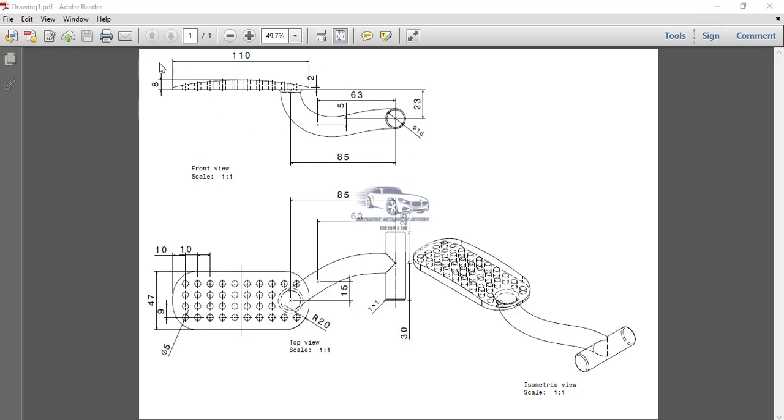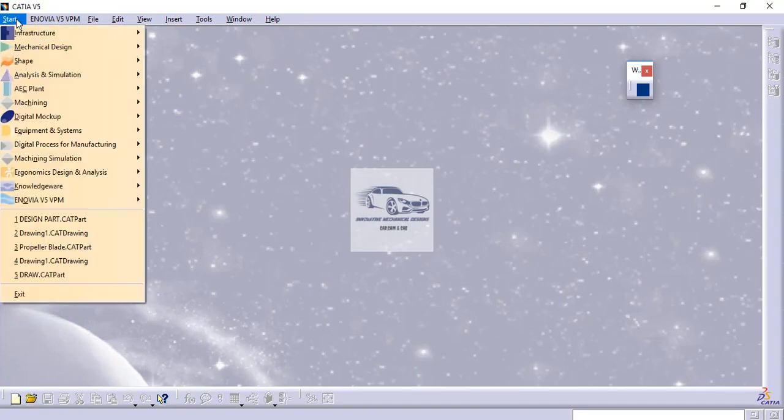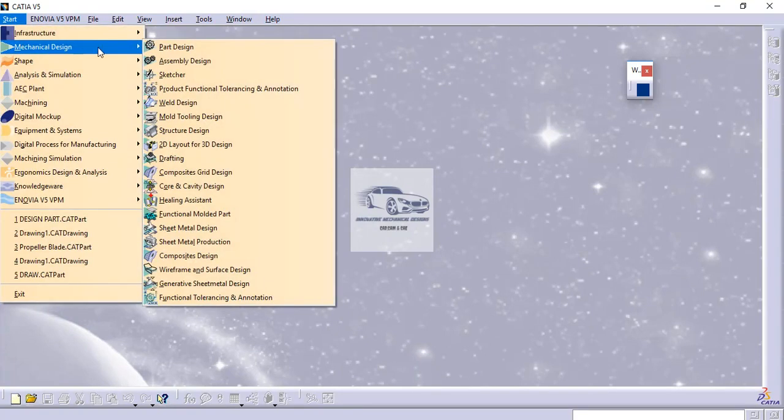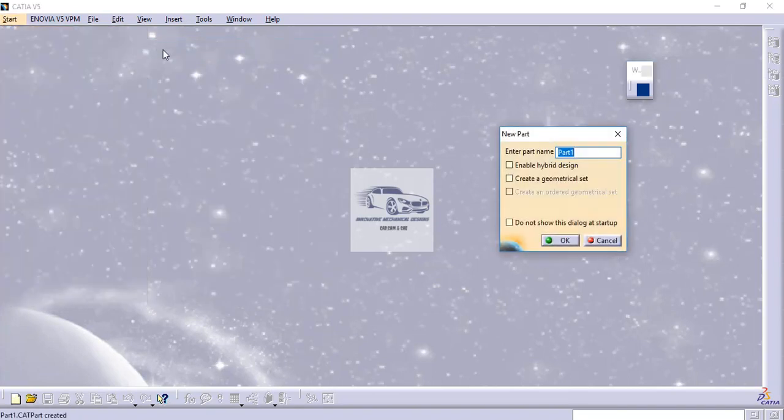To start with, we will first draw this base section. We will start with a part by going to Start, Mechanical Design, Part Design. Here we will give it a name, for example design.